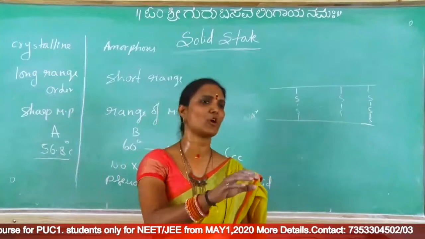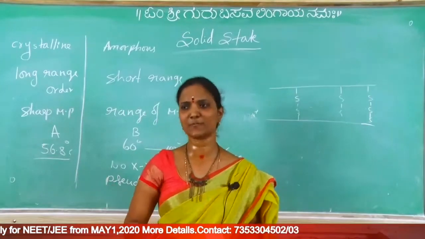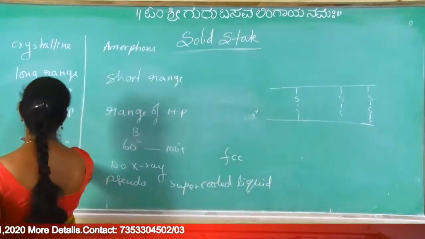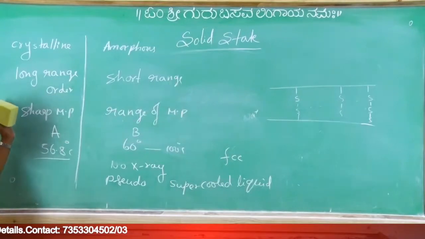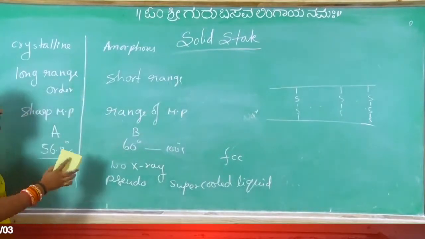The following having sharp melting point. The following has plane surface. In the following X-ray diffraction is possible. We just have to learn the characteristics of crystalline and amorphous. Okay. Now these have a sharp melting point and here a range of melting point. And the next one is